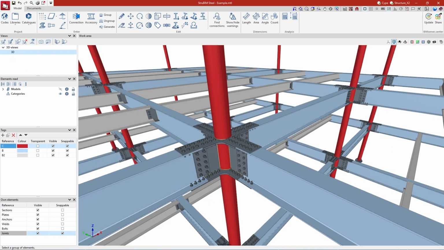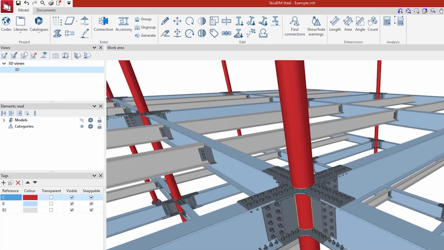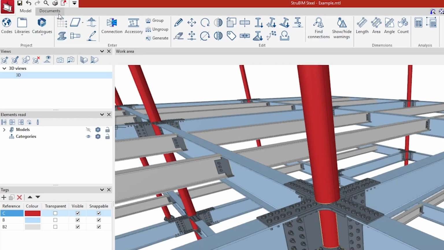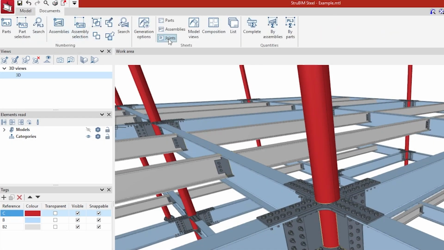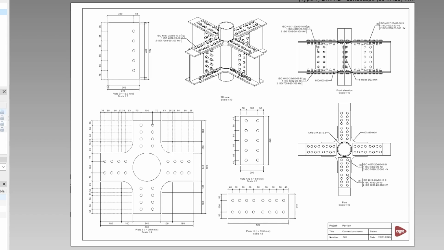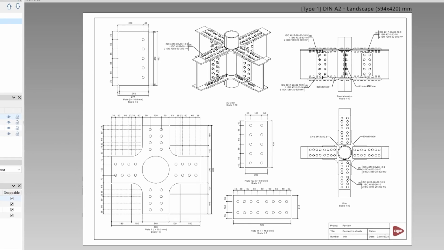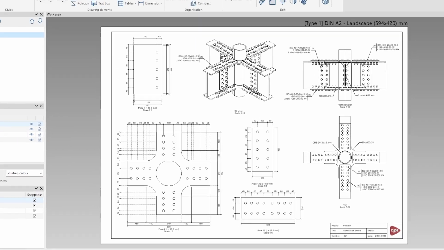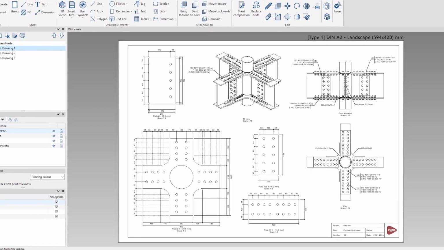Alternatively, we can go to the Documents tab in the program's general interface and click on the Connections option in the Sheets group. Then, we select the connection in the model by clicking on it with the left mouse button. This opens the Edit Sheets window, generating the connection sheets if they didn't previously exist, or allowing us to edit